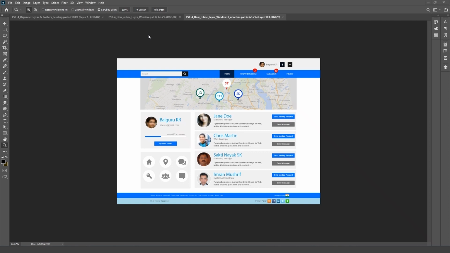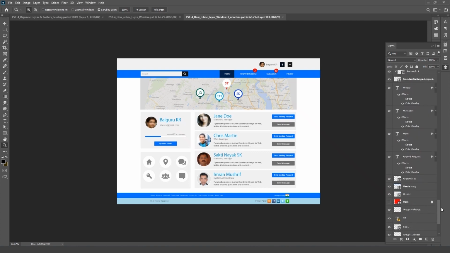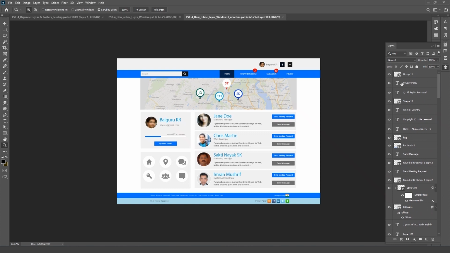So we are moving to this Photoshop file first. In the first stage we are going to check our layer panel. Most of the time while designing we focus more on creativity and the design aspect. We are not that focused on organizing our file. In that case, your layer palette can become very messy and without any organization. But once you complete your work, it is always a very good habit to organize your layer palette with appropriate folders and file names, layer names as well.